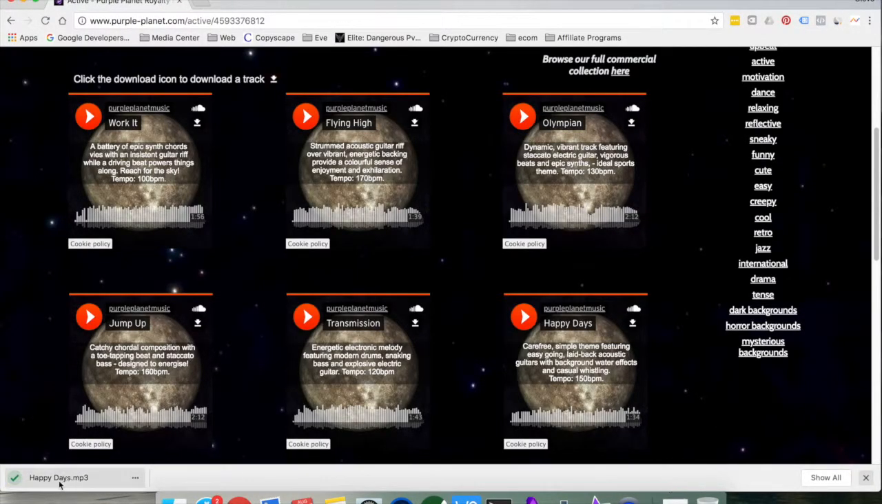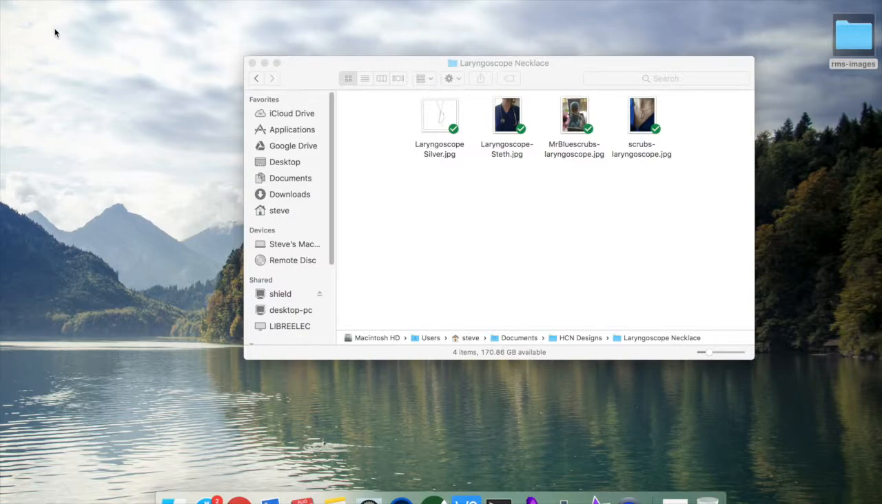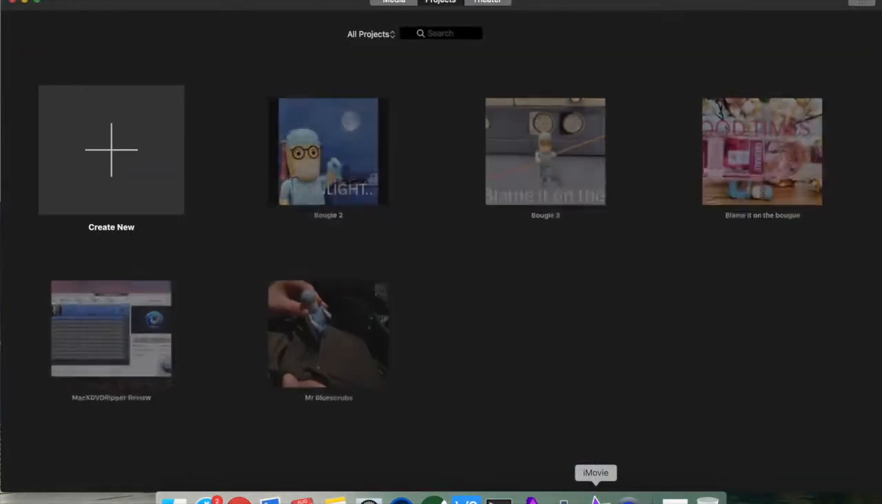So click the download, and you can see it's downloaded in Chrome here, and it's in my downloads folder. We'll leave it there for now. We don't need it just yet. So I'll move that. The next thing we need is iMovie, which in this case I already have open, and